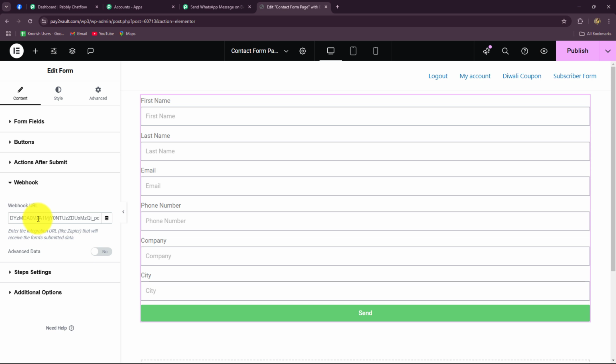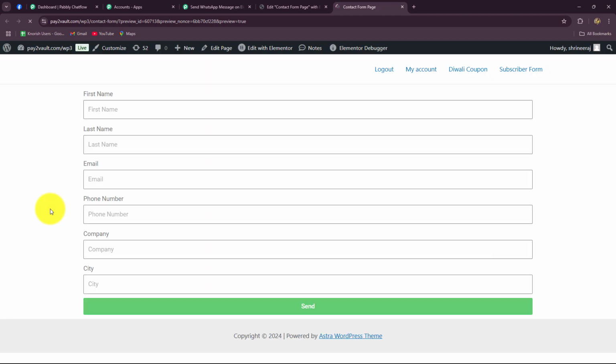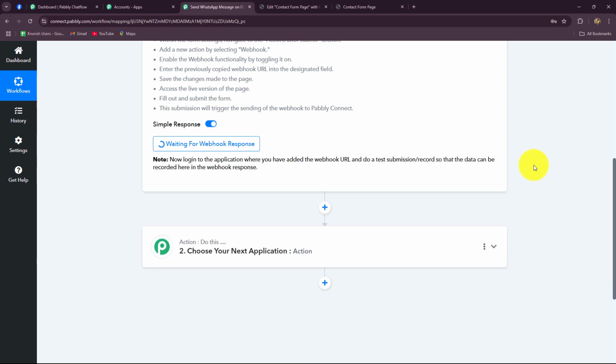And that's it. As we have done that, now we are going to click on publish, and the changes are saved, the form is published, and it is already connected with Pabbly Connect through the webhook URL. Now we will click on this preview changes so that we can open the form in a new tab, and the form is open. So whenever the form will be filled, the response is going to be captured in Pabbly